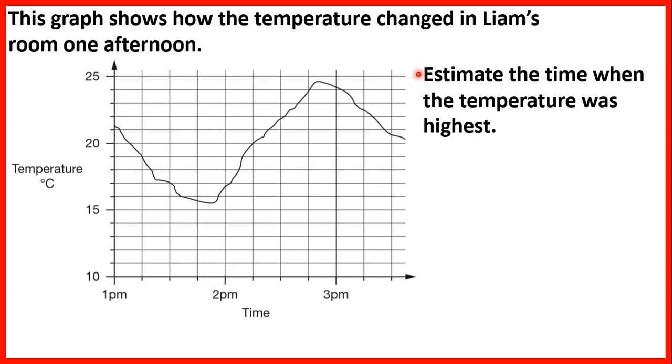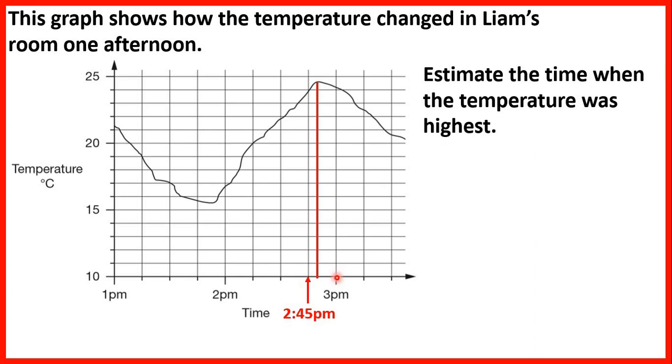Now estimate the time when the temperature was highest. So the highest temperature will be at this point here. So we can draw a line straight down and then find out what time that will be. Remember, each of these lines is a quarter of an hour. So we have 2 o'clock, 2:15, 2:30, 2:45, and we can see that the highest temperature is between 2:45 and